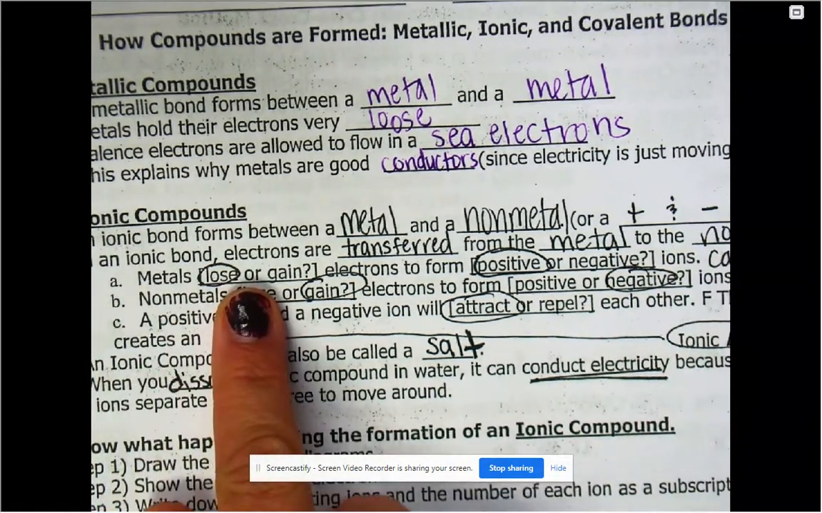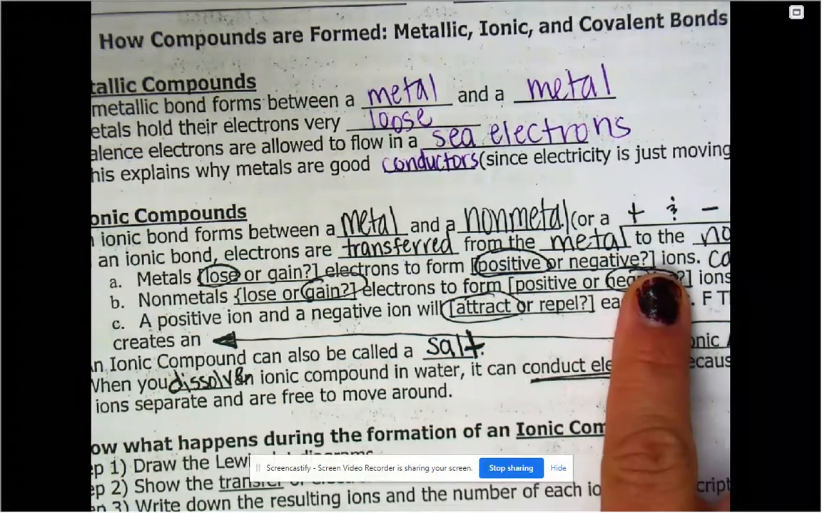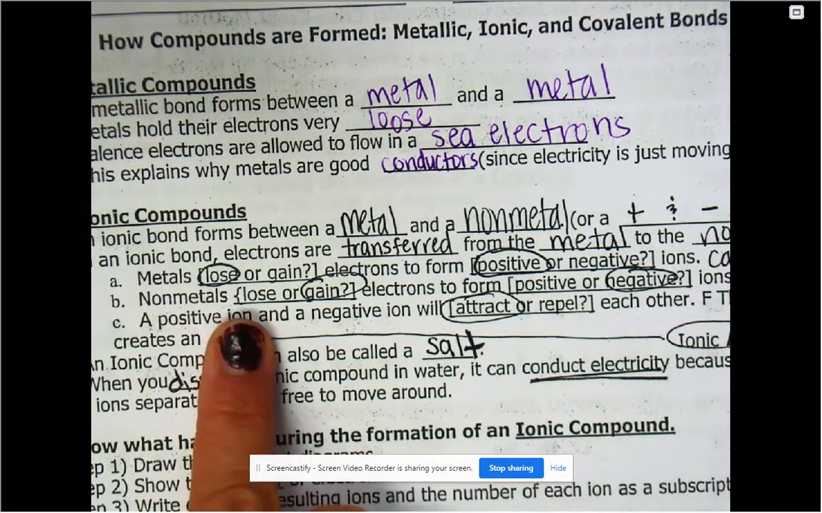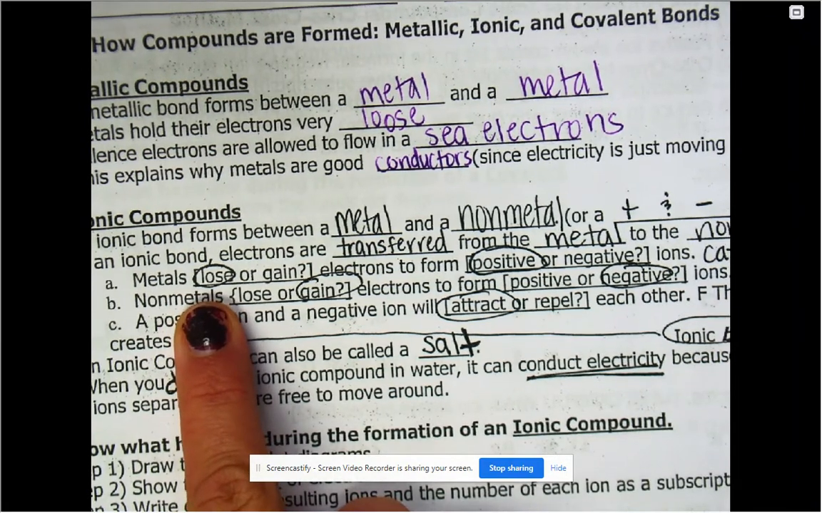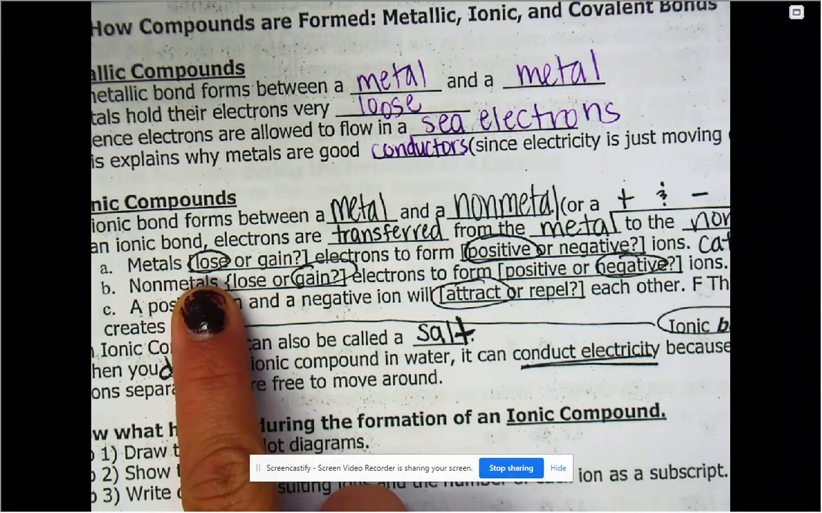In an ionic bond, electrons are transferred from the metal to the nonmetal. Metals will lose electrons, right? But why does this side want to just get rid of their electrons? They don't want them anymore. They don't have very many, so it's easier to just get rid of them to move backwards